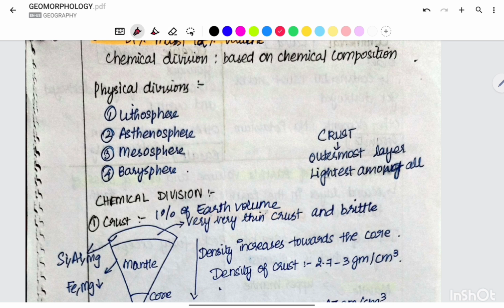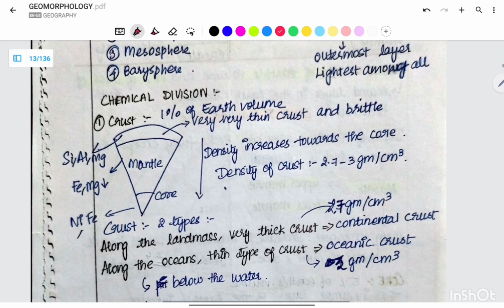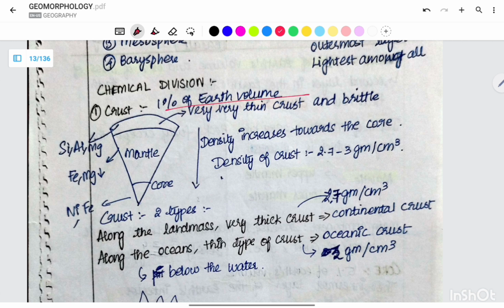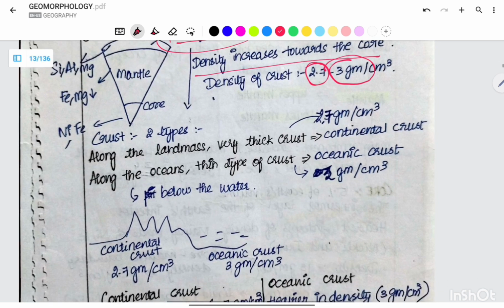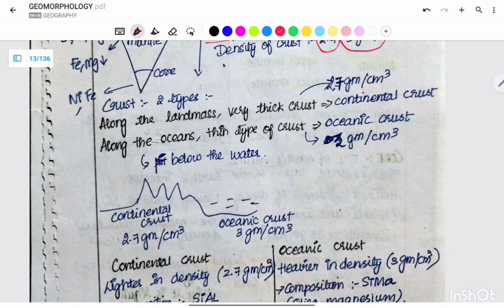We have the crust, right? So the crust is 1% of the volume as well as 1% of the mass. It is very thin and it is brittle. The density of the crust is 2.7 in case of continental crust and 3 in case of the oceanic crust. Along the landmass there is very thick crust. 2.7 gram per centimeter cube is the surface density of the continental crust, and then we have the oceanic